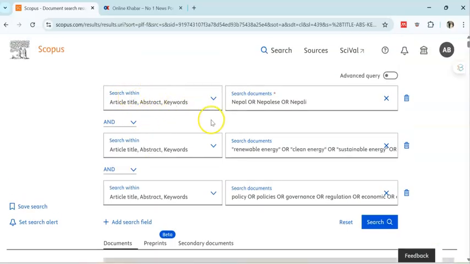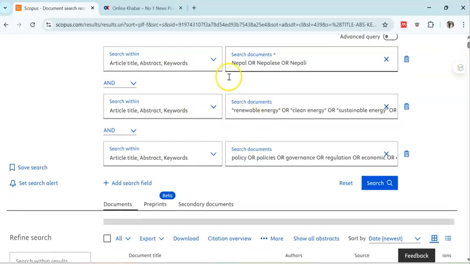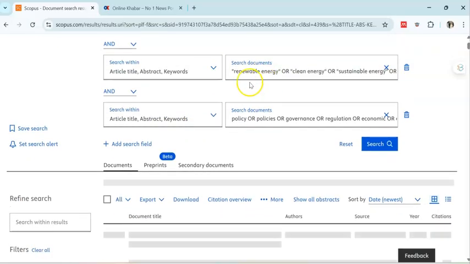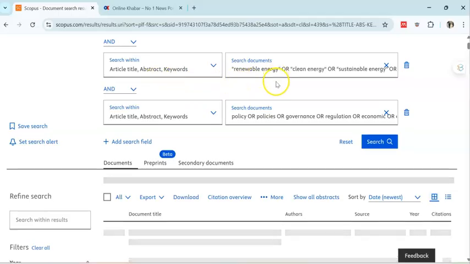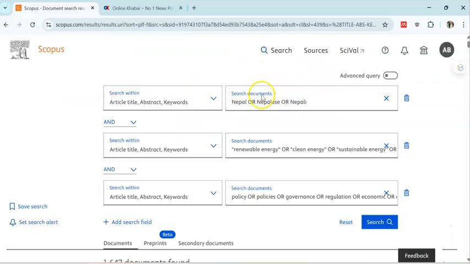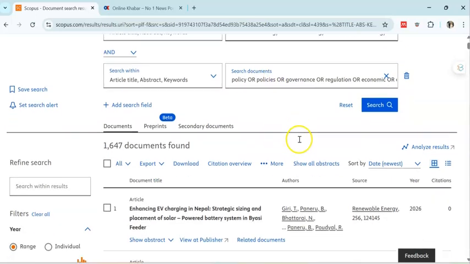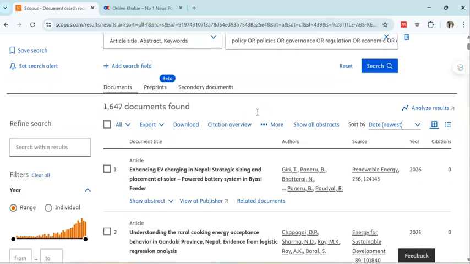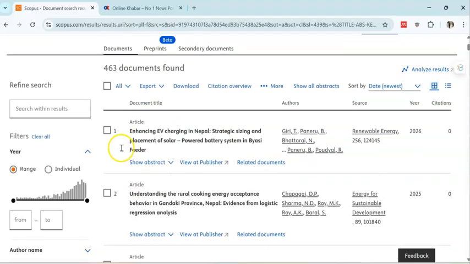Our search operation has three distinct categories. First, Nepal and its synonyms, then renewable energy and its synonyms and different types as well, and the third part, policy, economic and governance or socio-technical assessment. Now the number of papers has drastically reduced to